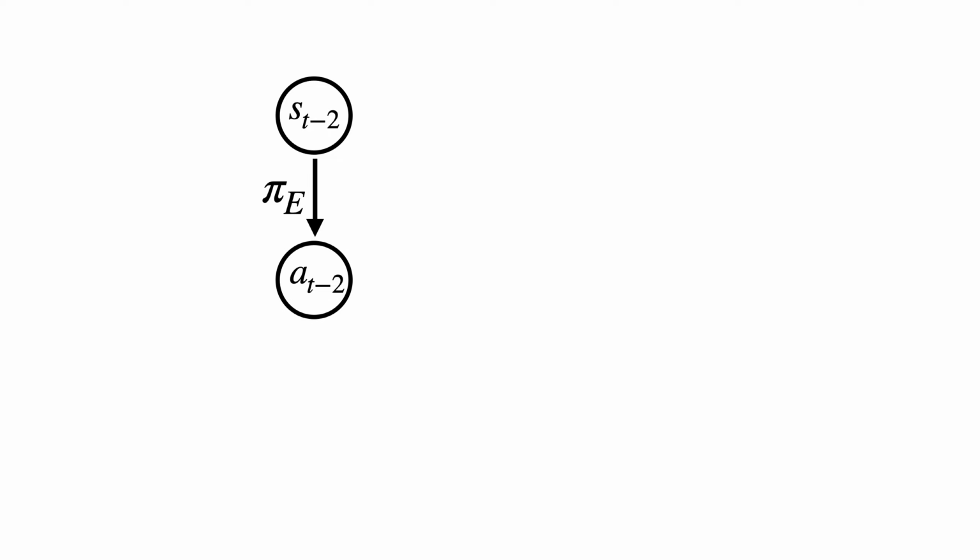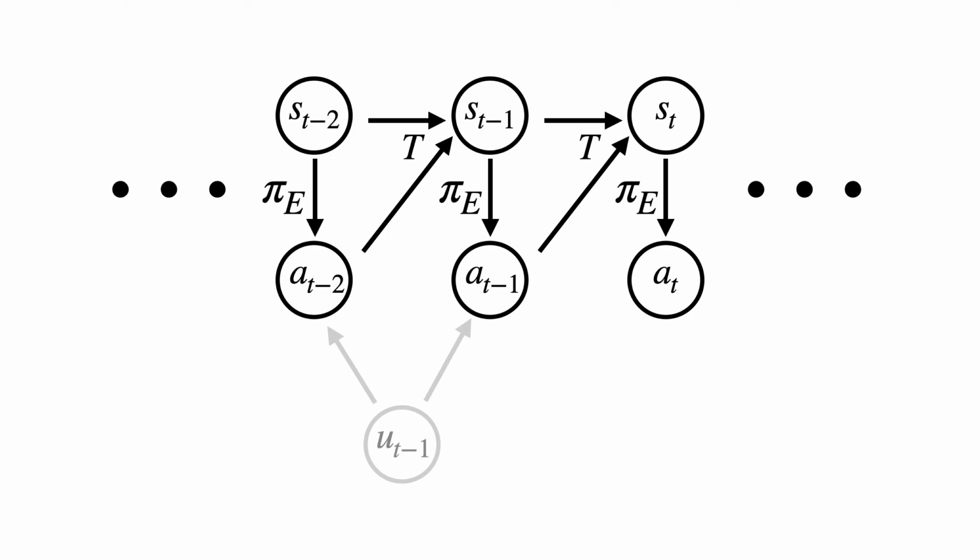More abstractly, the effect of a confounder, like the wind in our previous example, is to introduce temporal correlations in the recorded actions that do not have their true cause in the recorded state. We can visualize this effect via a graphical model. At each time step, the expert takes an action responding to the observed state, and the MDP transitions to the next state. The persistent confounder U affects multiple actions.